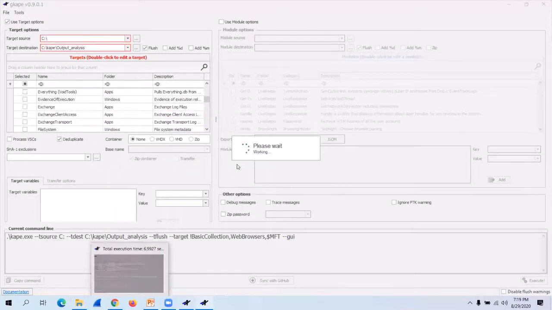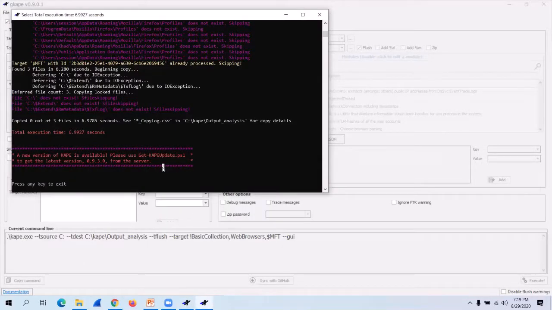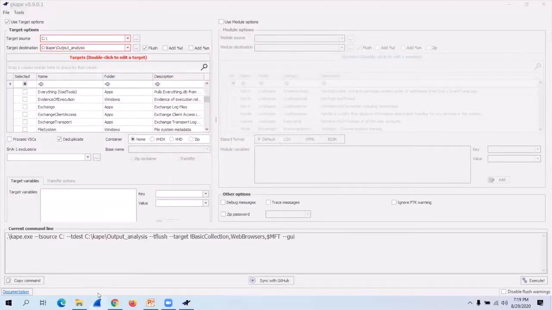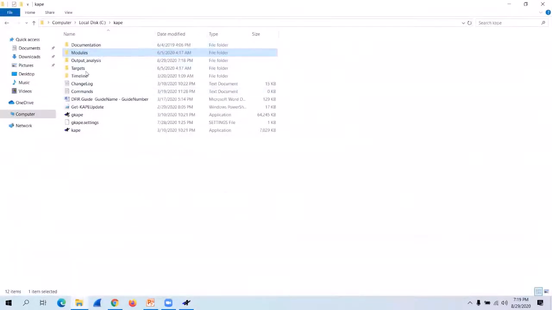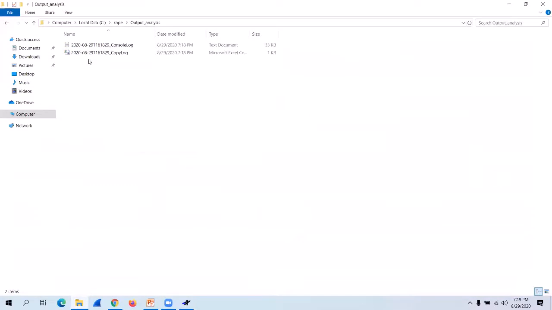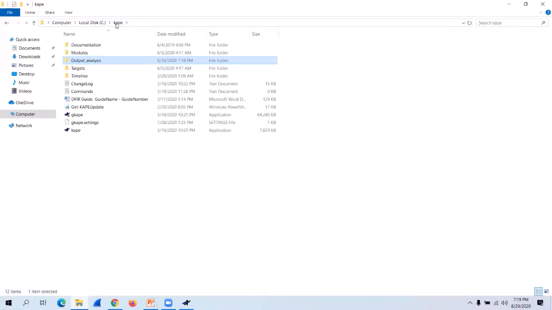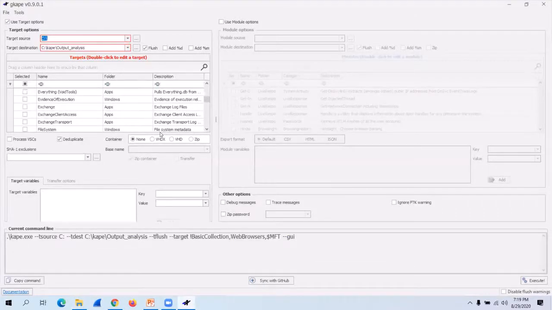Okay, let me press execution is closed. Let's go there. There will be an output analysis folder. Oh no, what's wrong? Did I miss something? I collected on basic collection this.